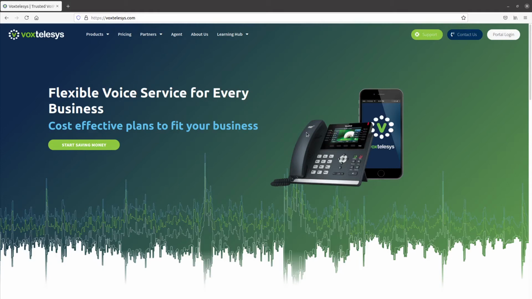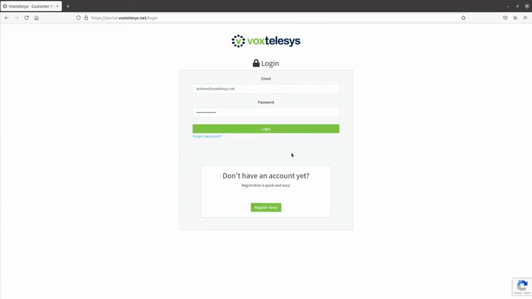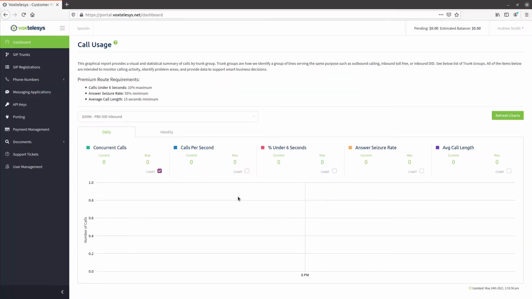In this video, we'll go over how to add a route profile and how to configure a transfer route. At voxtelesys.com, click on Portal Login. Log into your account. Once you're on the Voxtelesys dashboard, navigate to the SIP Trunks tab on the left-hand side